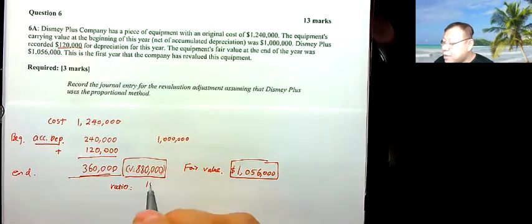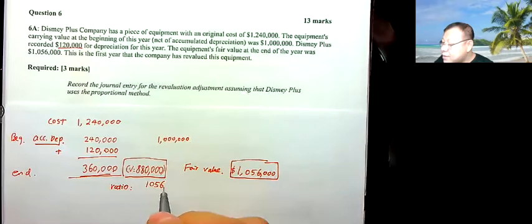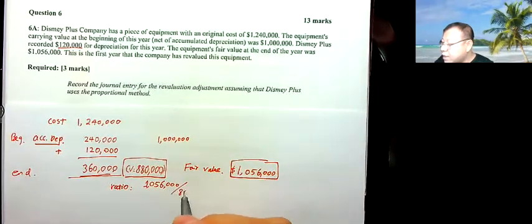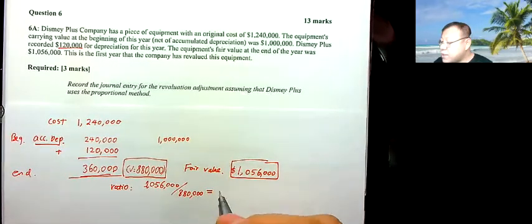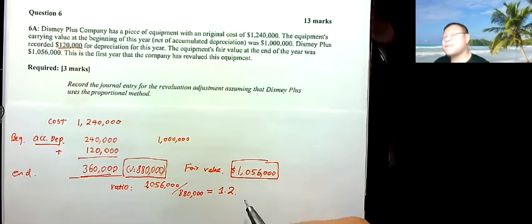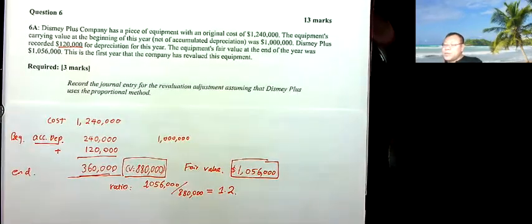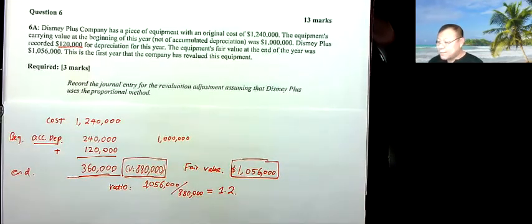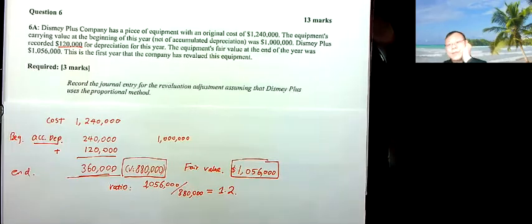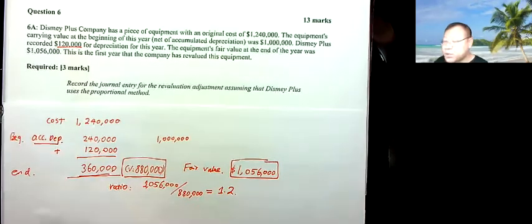So if I use 1,056,000 divided by 880,000, this tells me this is a 1.2. Okay. So basically, your fair value is 20% higher than the carrying value. Okay. So when we do the proportional method,